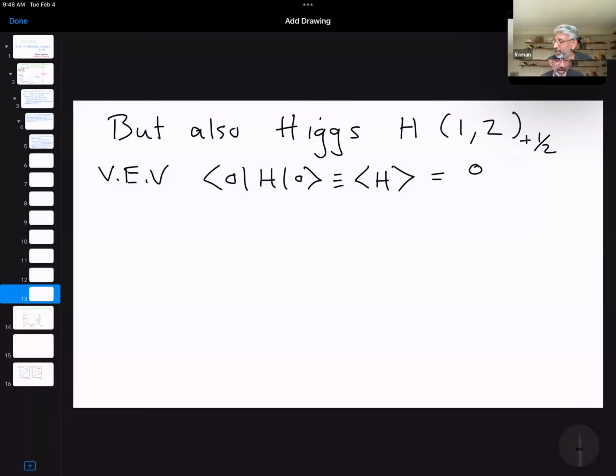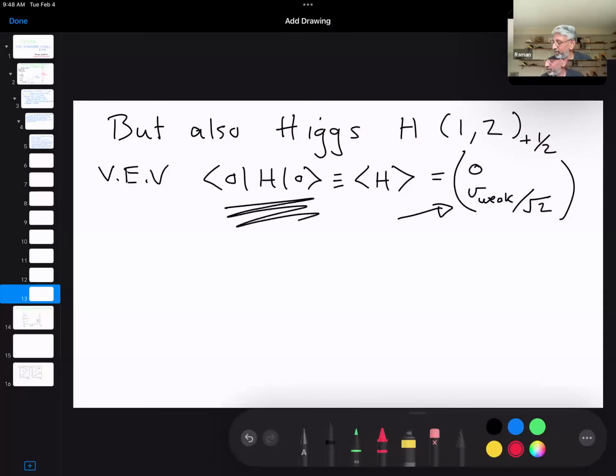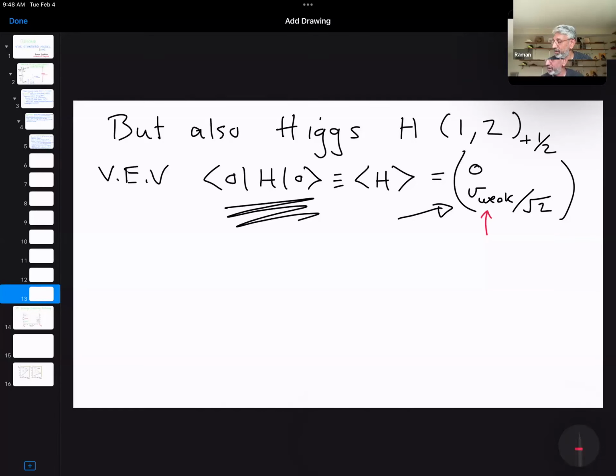Again, I'm guessing you have studied this in your regular lectures. So it's a two-component isospin. It's a scalar, but it's a doublet of isospin. And any expectation of this two-component field, by using the SU2 gauge invariance, you can rotate it to take this form. Okay, and this so-called weak scale is about of order 100 GeV, or I guess the exact number is 246 GeV. And you can see